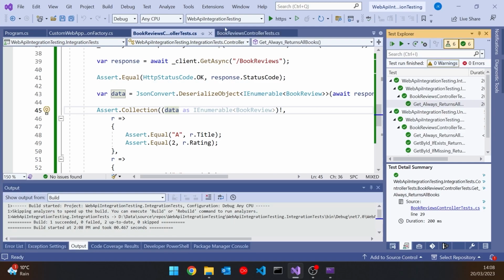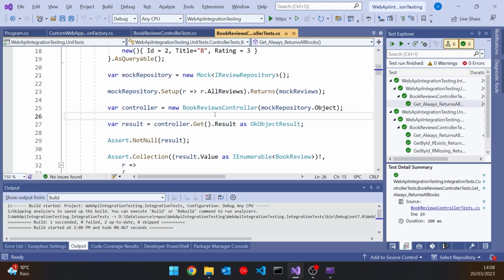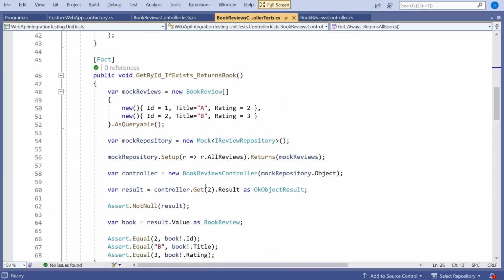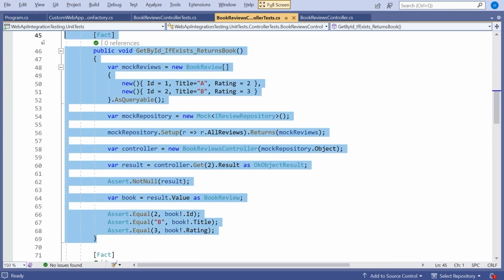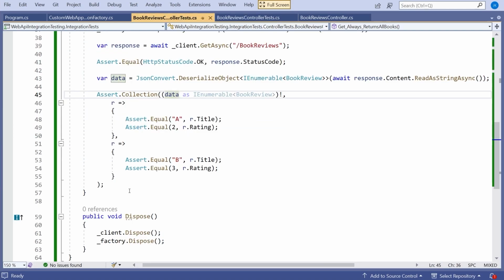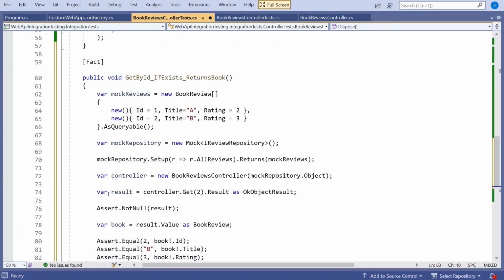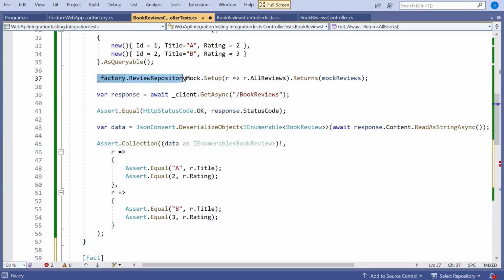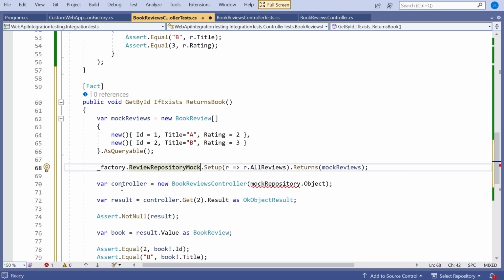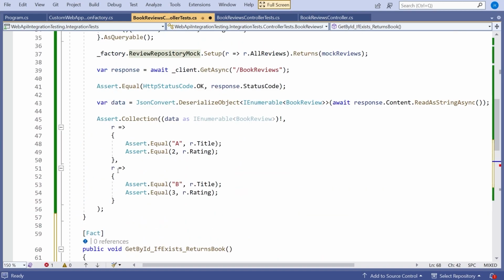as well. So if we go back to our unit tests rather than our integration tests, let's grab the next one. So this one is GetById_IfExists_ReturnsBook. And the process of conversion starts to become fairly mechanical. So we still create our mocks. We don't create our own local mock repository. We just put it into the one we've created in the factory. We don't create our controller. We call